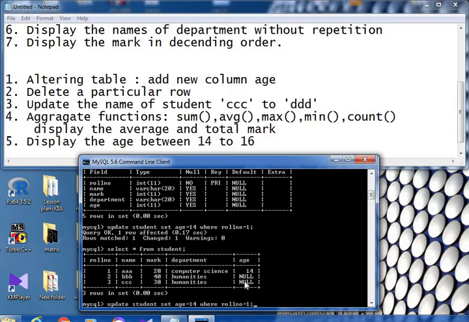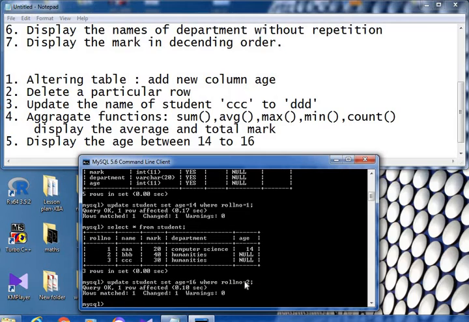Similarly, you can update the age of another student, and we can give the value for the third student. So update, then write the table name, then use the command set.